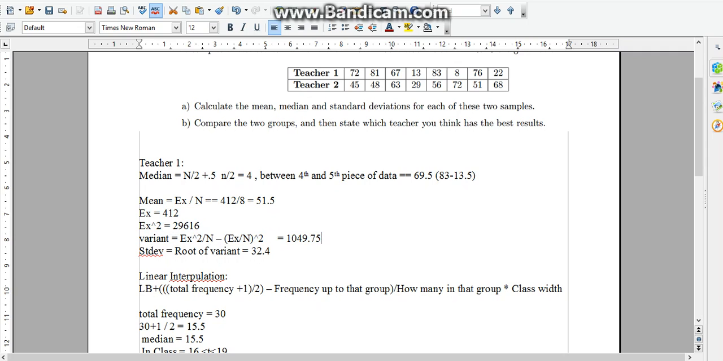Now, to get the standard deviation, all you need to do is square root that, because the variance is just the standard deviation squared. So that would be 32.4. And what the standard deviation is the